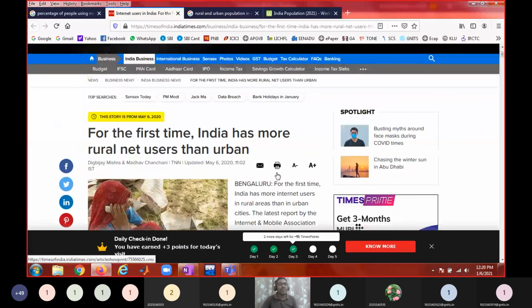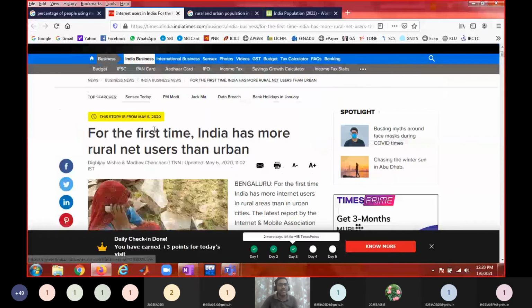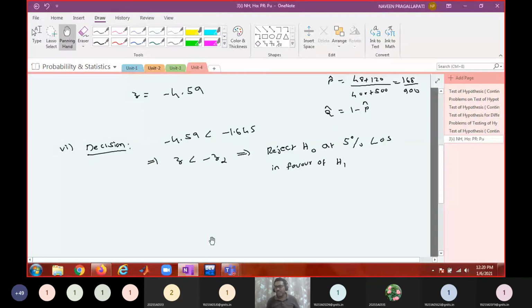Is that clear? So you just take the statistics of internet usage or cell phones. You take one observation, whether it is internet or mobile phones or anything. Make a survey about the Indian scenario in rural as well as urban, or any two populations, and try to find out. Can you present in the next class? All of you try. I will just do one more problem and stop.